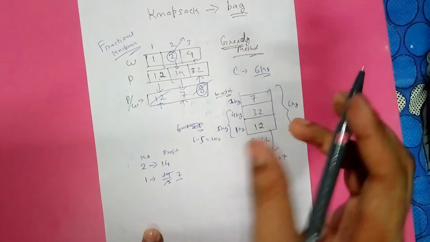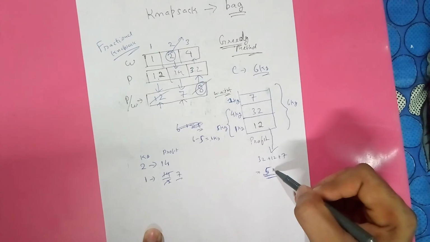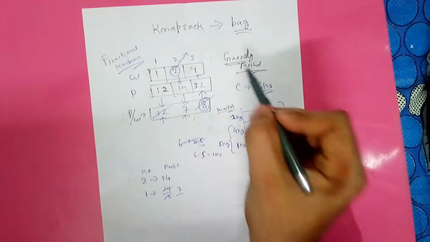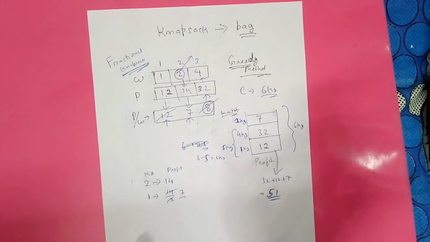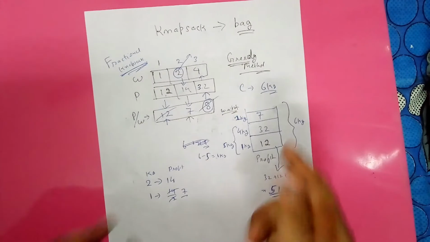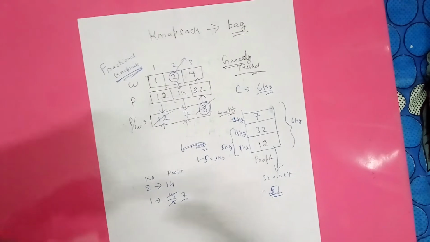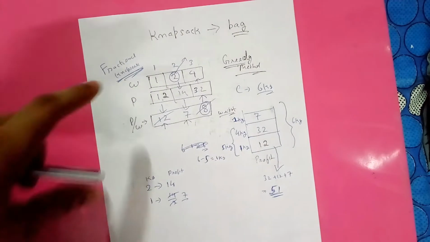We cannot make any other value which is exceeding this 51. You can try this on your own: by using this greedy method in fractional knapsack, it always gives us the perfect result. So greedy method does not fail in fractional knapsack. But I told you that greed is a bad thing, that greedy method will fail, but it did not fail here.